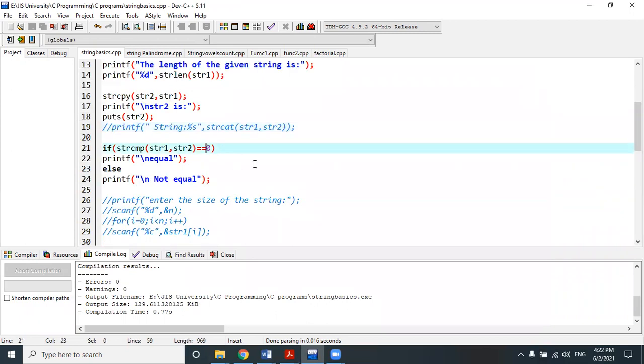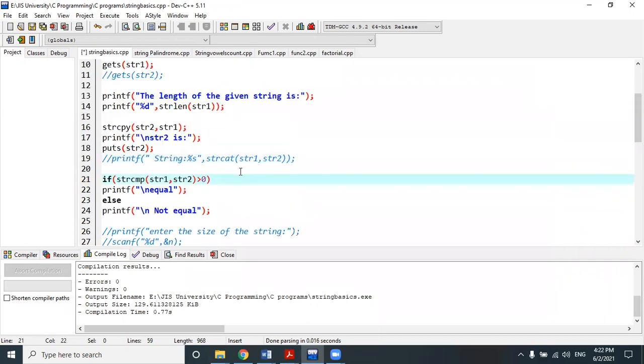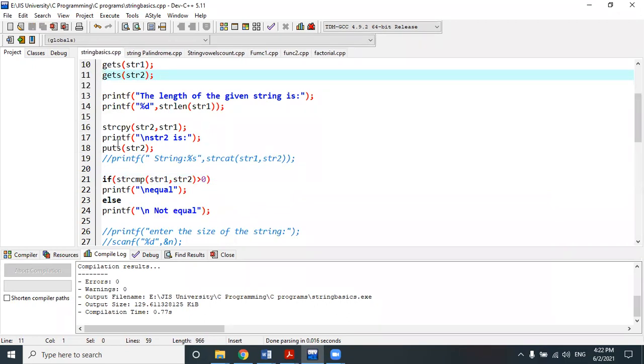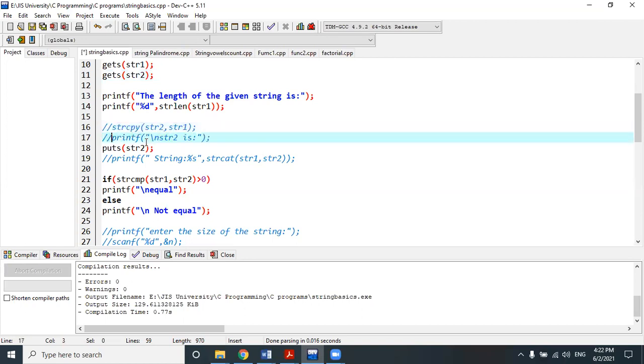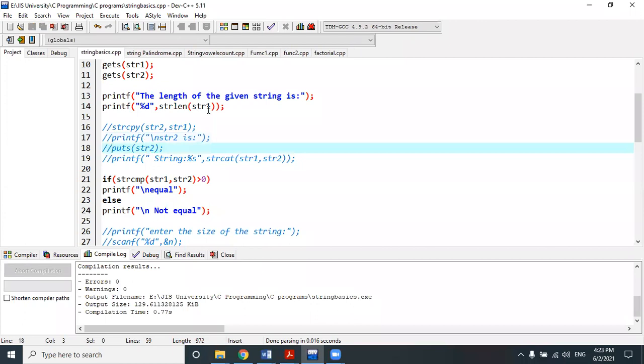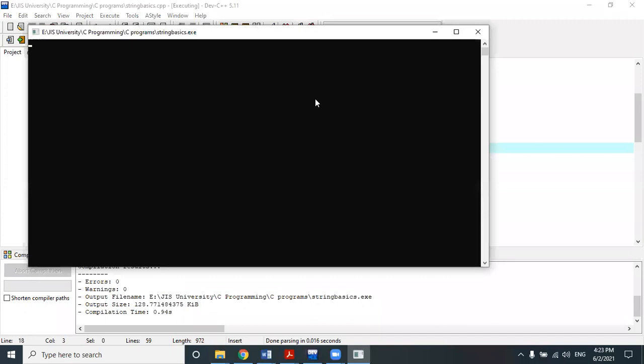Now we will check the greater than 0. For this, we have to read str2 separately rather than copying from str1, and we need to omit this operation. Let's check it out. First str1 Sanjay, second str2.